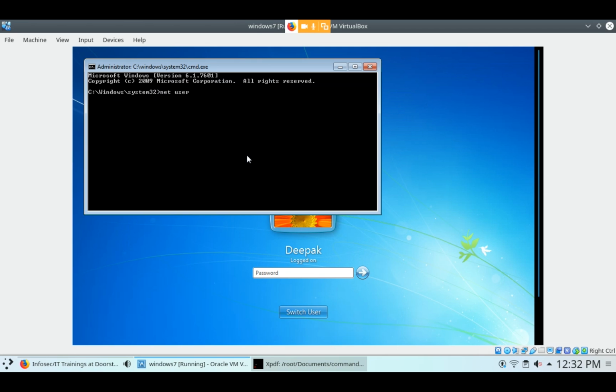Net user, after that when you are using Harish, after that you can use a password, anything as password. After that you have to use slash add. If you are adding any password, then you can use this command. You can use anything in this place. I didn't understand you. Tell me in the chat box.